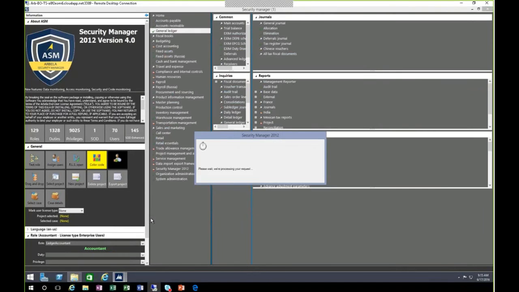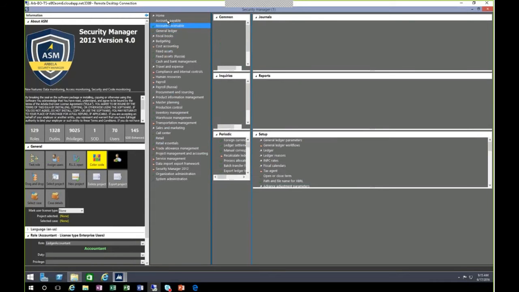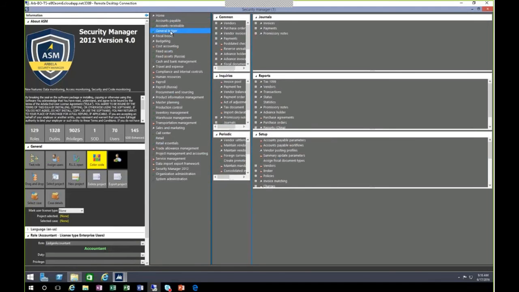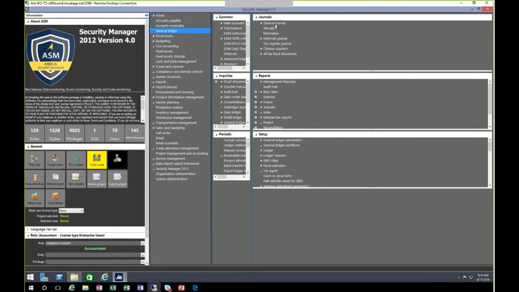I just so happen to have selected the role with the most duties and privileges, so accountant probably would take the longest in terms of loading. So now in the three panes to the right, you can see the visualization of the security. The accountant role has almost unfettered control over AP, AR and the general ledger modules. And if I take a deeper look, I can see how much access I have to each menu item from the forms.